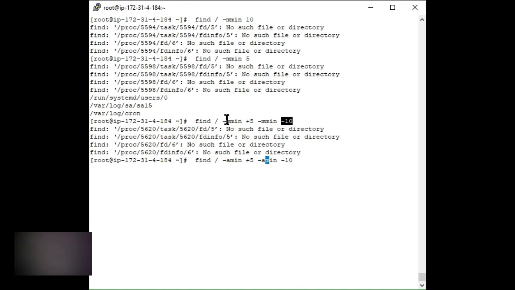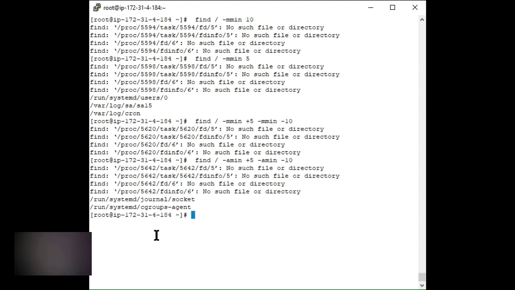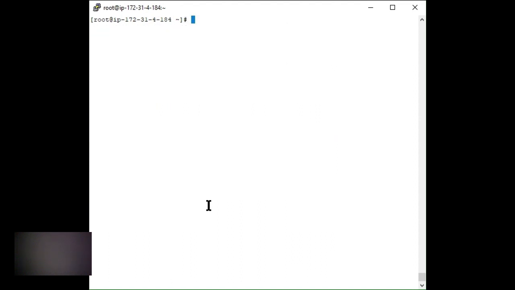If I use it to check access, okay, so which are accessed within 5 to 10 minutes. Okay, so there are some that run the system journal. Okay, so these are some system files which are being accessed at the backend. So